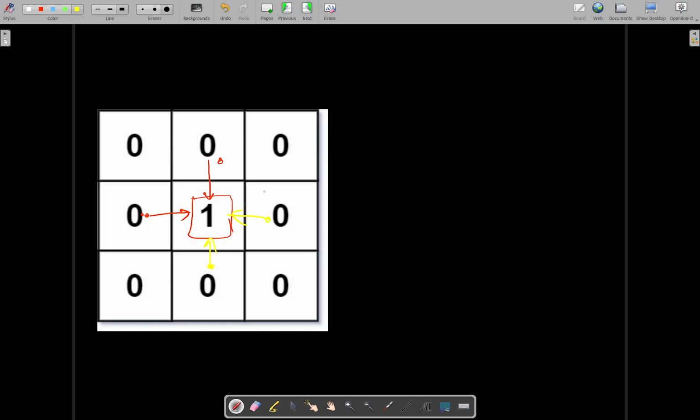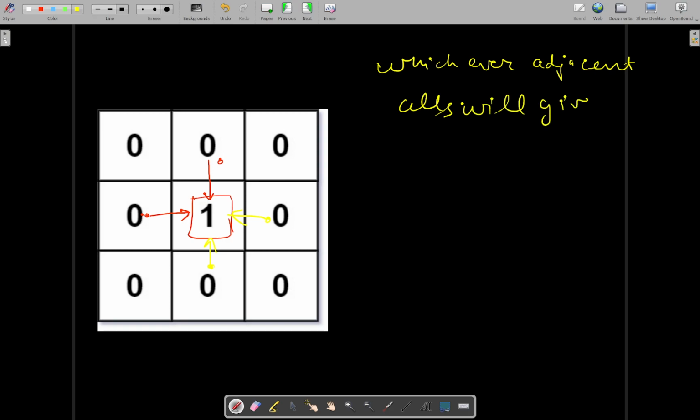So whichever adjacent cell will give you the minimum distance from a zero containing cell,